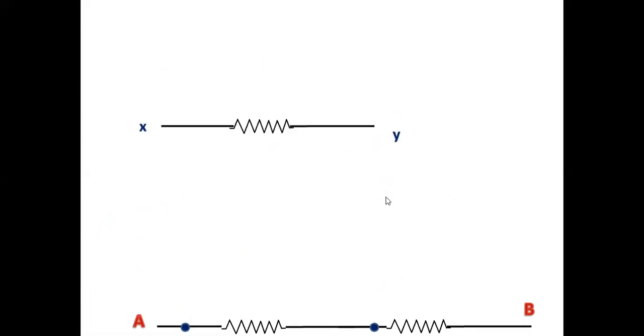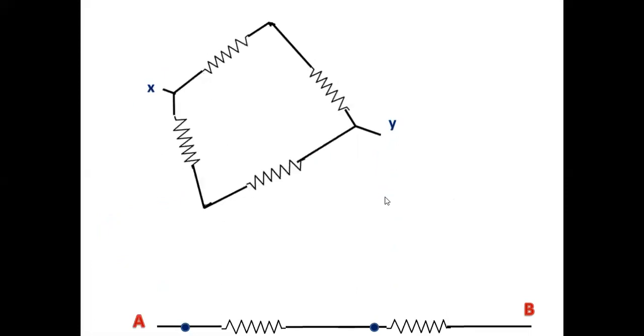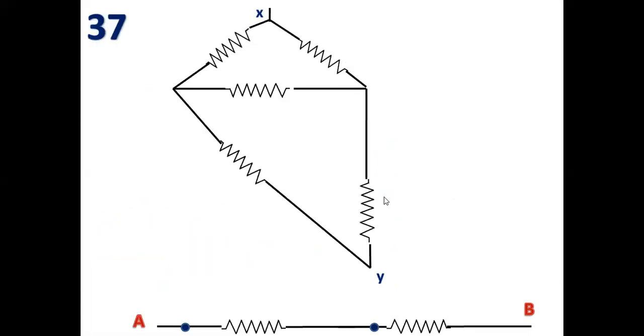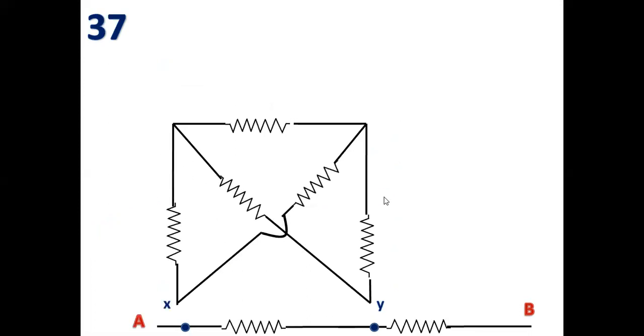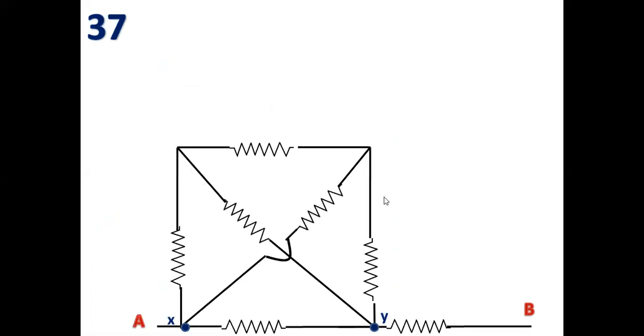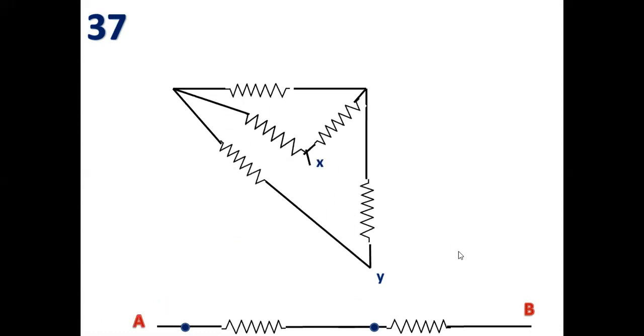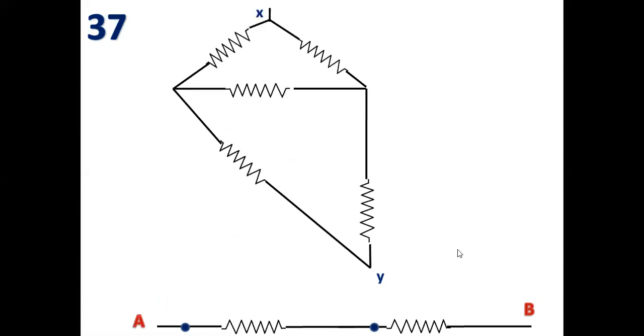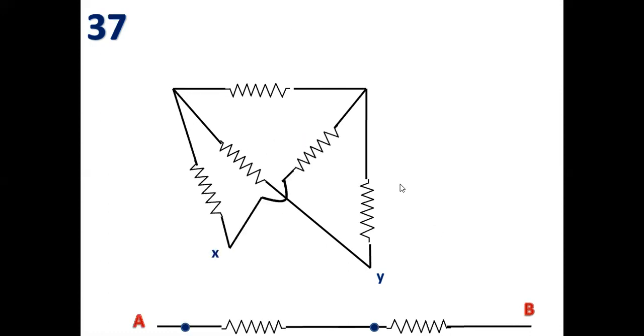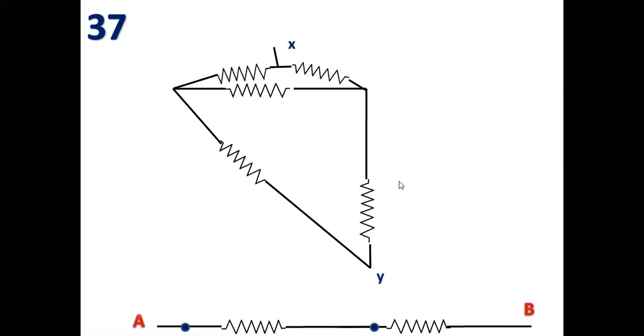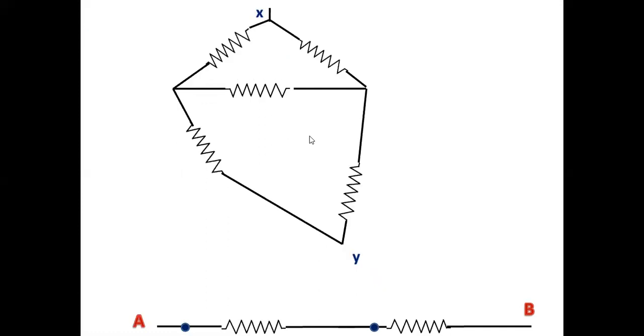So shall we see that once again? We will check it once again. Originally the circuit was, when it was born, once upon a time, like this. As the age passed, X and Y left the village and were living at some other place. As the years passed, X and Y got older and older, and the shape changed like this, correct? And now X and Y were like a Wheatstone's network, and across X and Y, the equivalent resistance should be